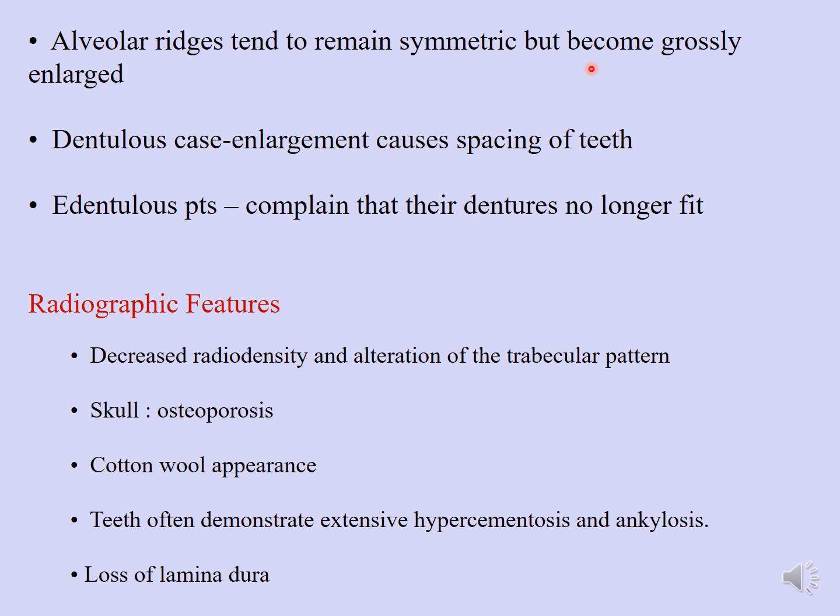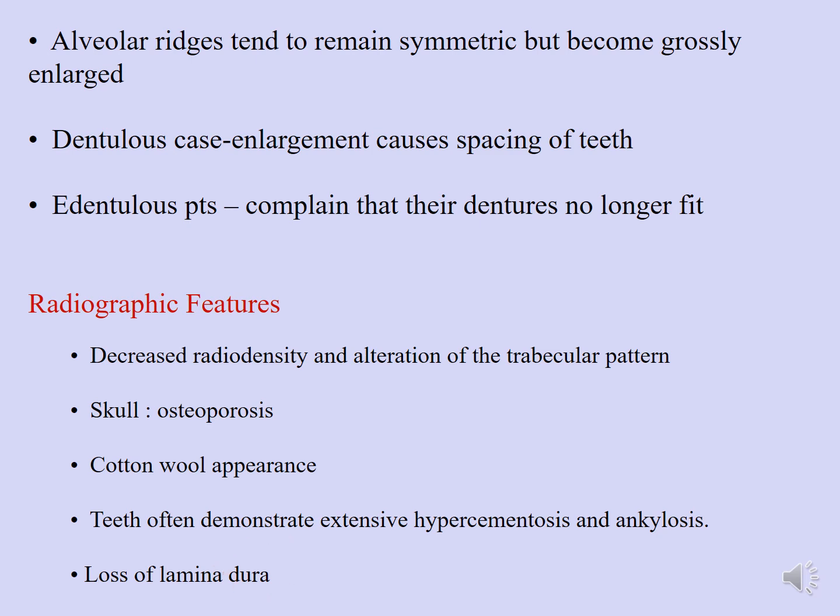So if there is a regular complaint of this sort, I think these elderly patients need to be evaluated for Paget's disease. Now, when you do a radiograph of the head and neck region, what you will see is decreased radiodensity and alteration of trabecular pattern. You see osteoporosis, and a cotton wool appearance, something that is pathognomonic for Paget's disease. Teeth often demonstrate extensive hypercementosis and ankylosis, and there is loss of lamina dura when you see the radiographs